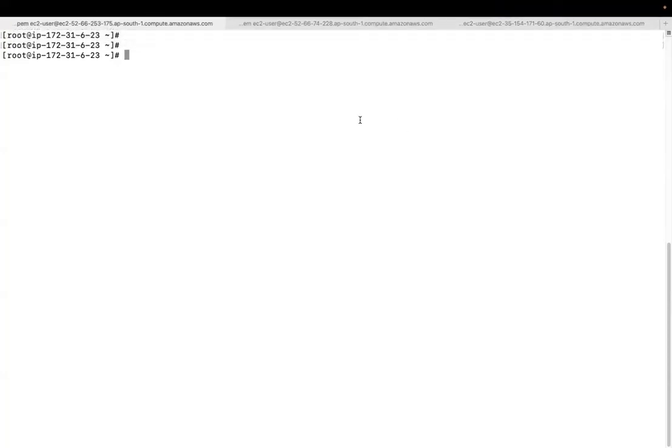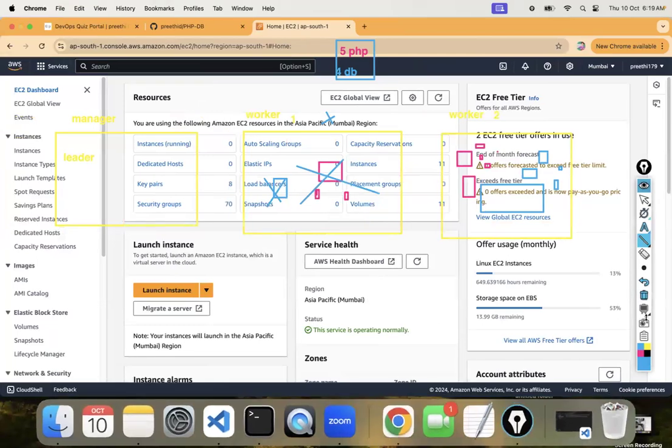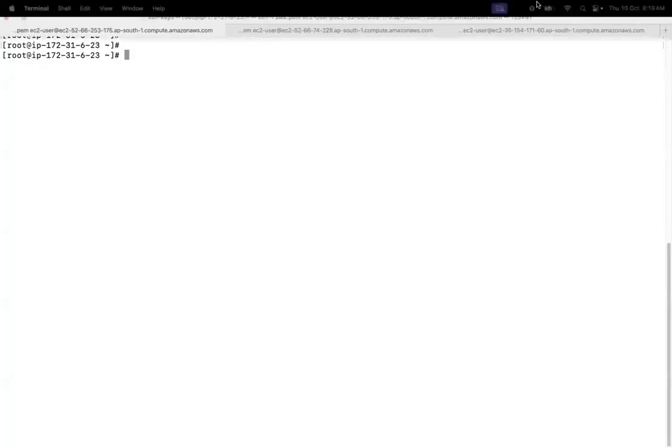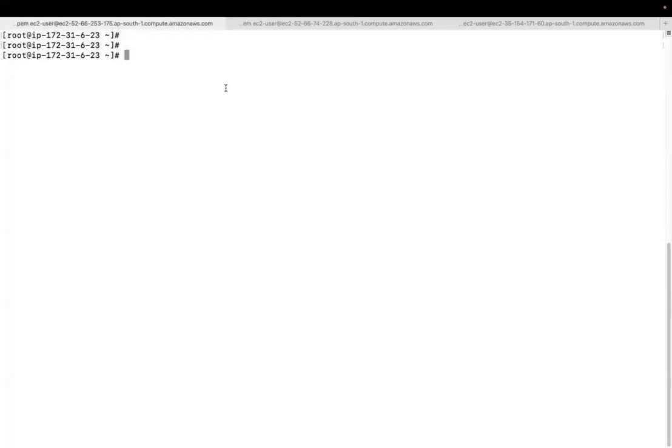Yeah, if you remember, in Compose also we created service names. We gave name as web service, then MySQL service. In web service, we need 2 replicas. Means you can imagine service like an entity or a holder which will have replicas of the particular configuration, right? Here also we'll start anything as a service, right? Okay. So